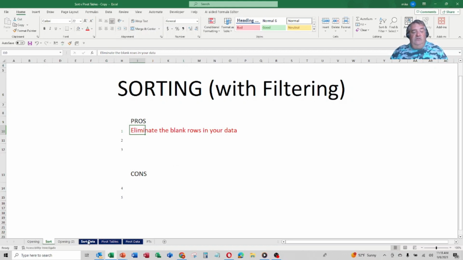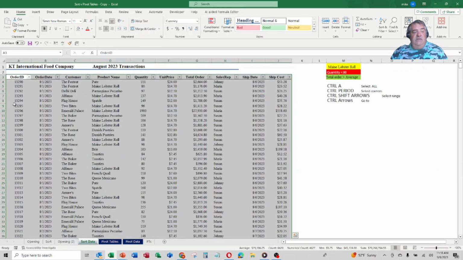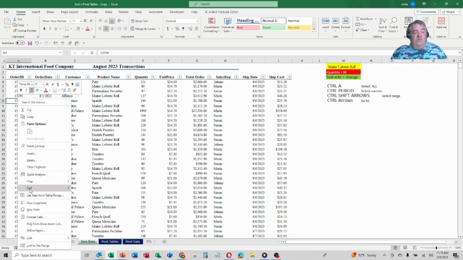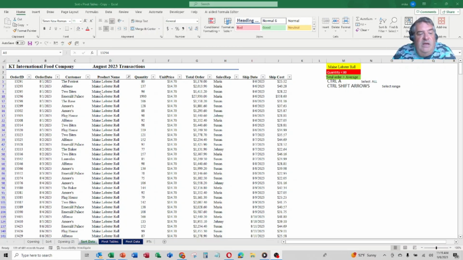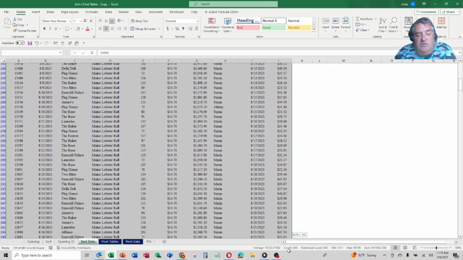Now, if I go back to my data here, let's say I sort by my Order ID. I can easily right click, go to sort, and sort smallest to largest. So let's say I do some filtering. I filter by Maine Lobster Roll, which is one of my product names, and I can select all my data and scroll all the way down,